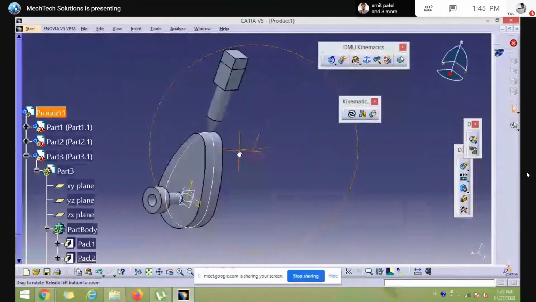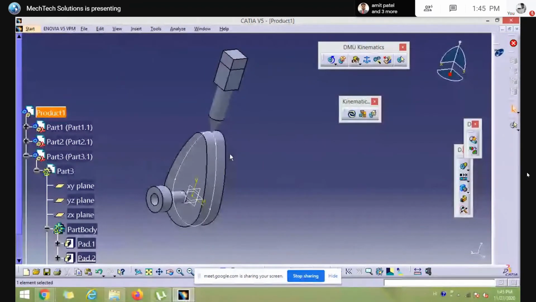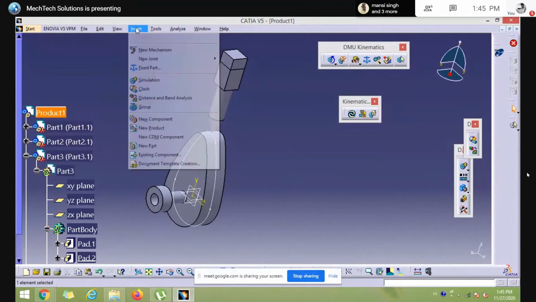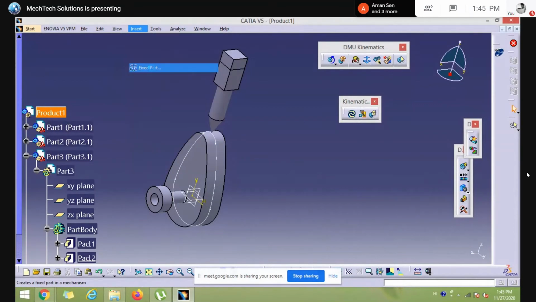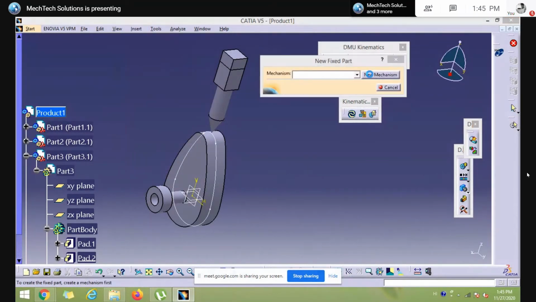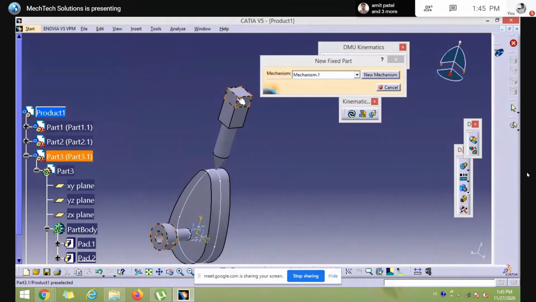Now we have to define the cam and follower mechanism. For the cam and follower mechanism, first we need to fix the part. How to fix a part? Just click on the insert menu bar, select the fixed part option, click on new mechanism, click OK and select these two parts.